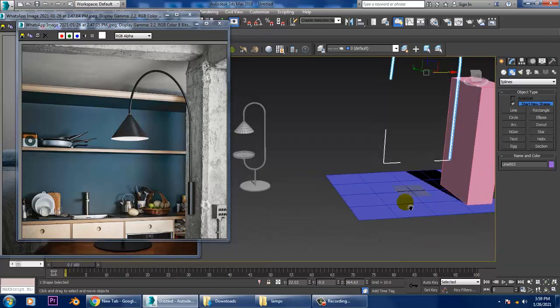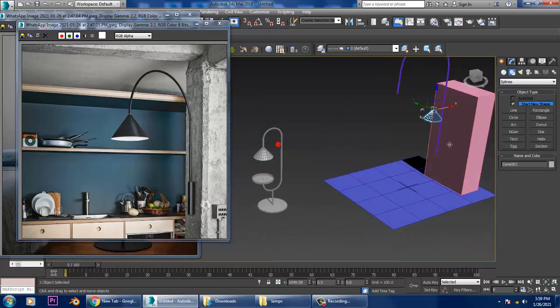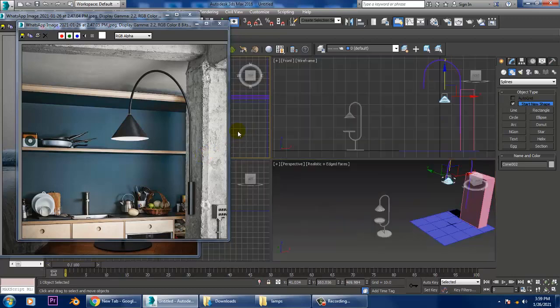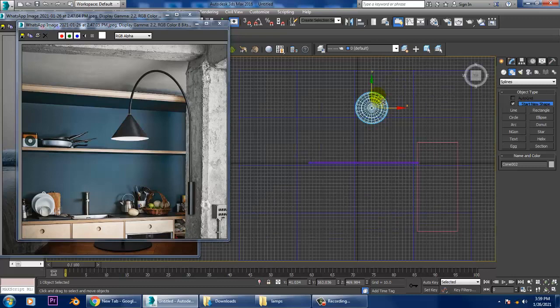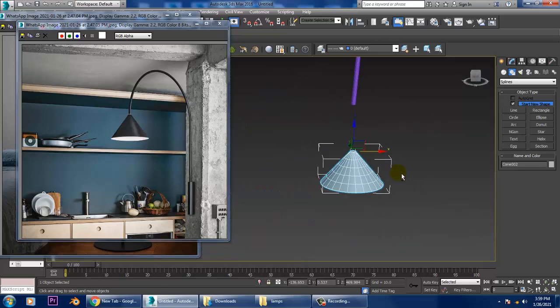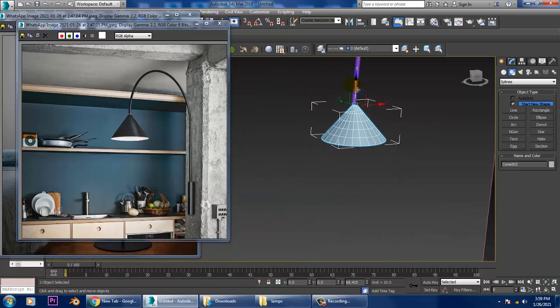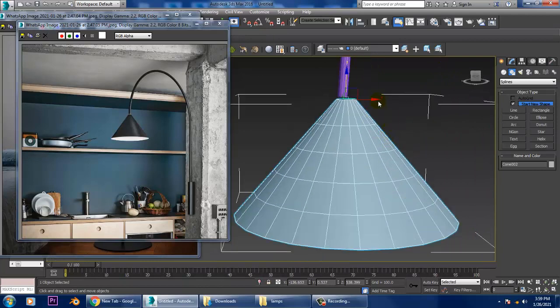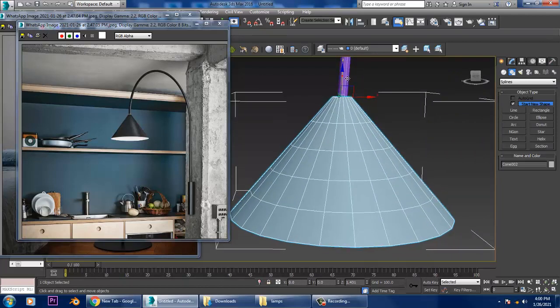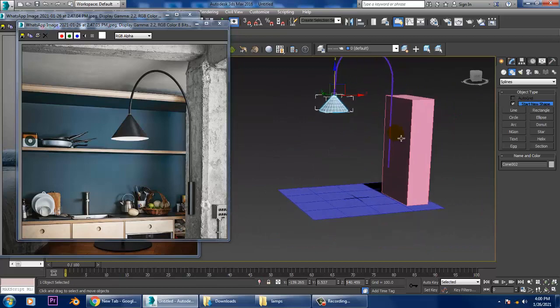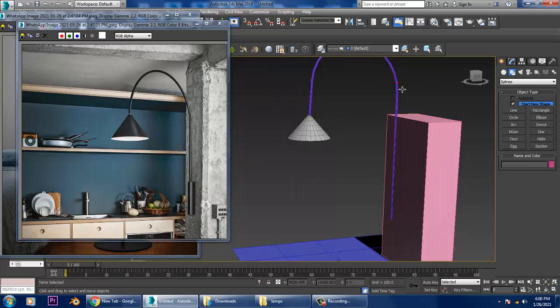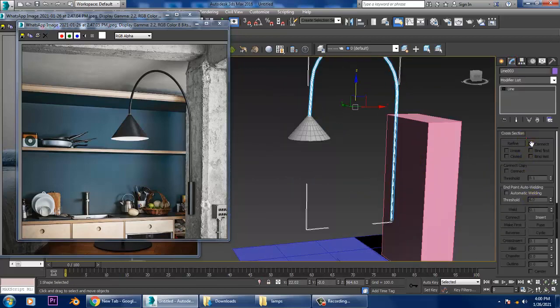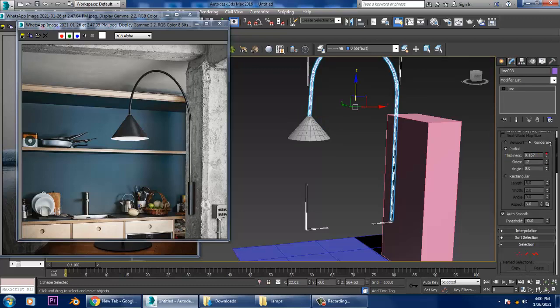As you know, we can just take a copy of it. Just slightly push it up. So you can create a bulb and illumination as you want. Increase its thickness a bit.